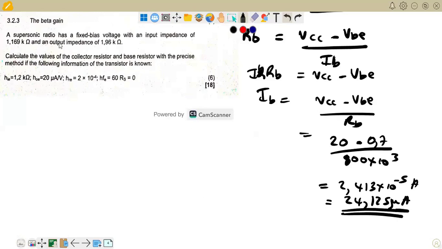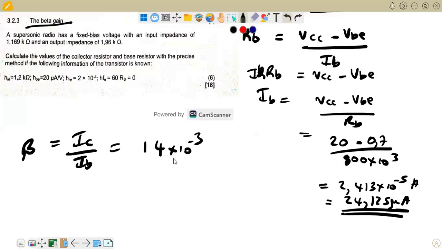The beta gain, that's our next question. Beta is equal to IC over IB. Actually, it's a ratio between the collector current and the base current, so it is unitless as well. It doesn't have a unit. So we can simply substitute what we have: 14 milliamperes, 14 times 10 to the power of negative 3, divided by 24 microamperes, which is 24.125 times 10 to the power of negative 6. And that will give us